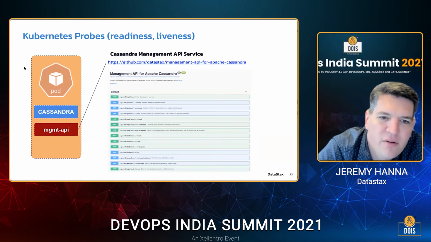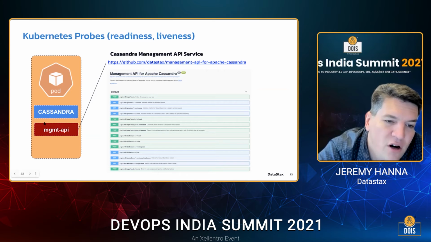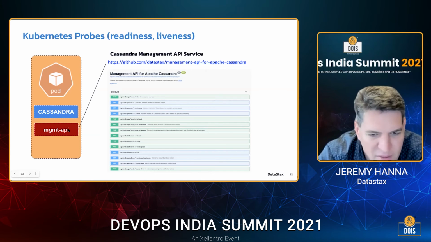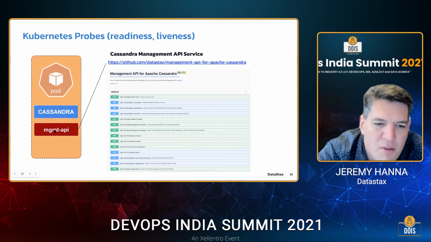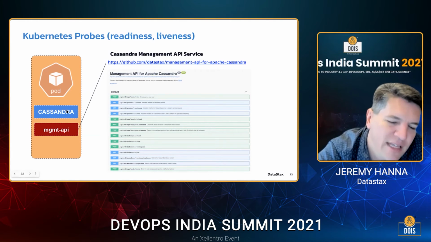But monitoring Cassandra is part of a sidecar. So there's a management API service, and it's a RESTful API. So there's a management API for Apache Cassandra, and then a metrics collector for Apache Cassandra. And so this sidecar operates within the same pod as Cassandra because it needs to basically gather all the details. And then also, normally with Cassandra, there's a JVM task to be able to do certain things with it. But this exposes a management API in a RESTful way so that the operator can do various database operations,